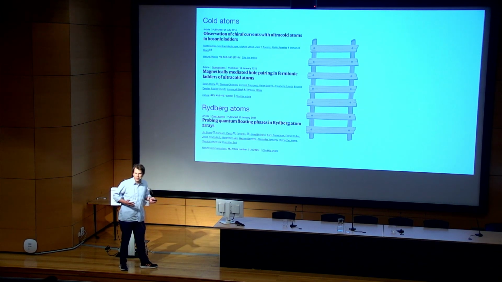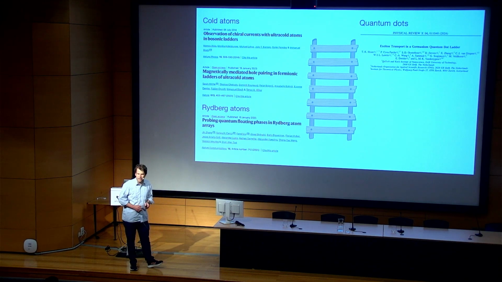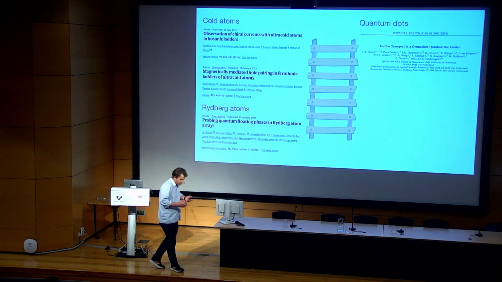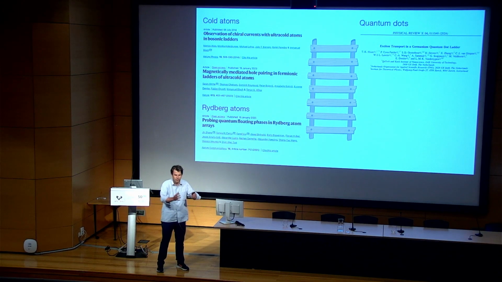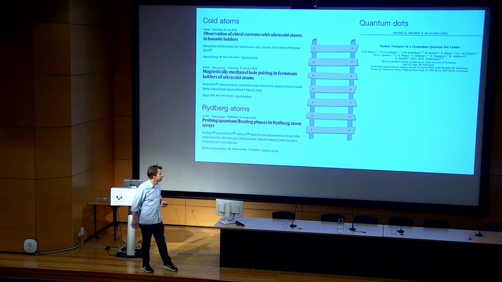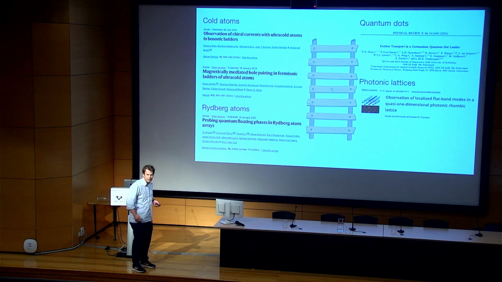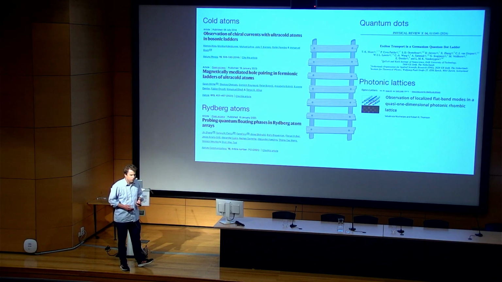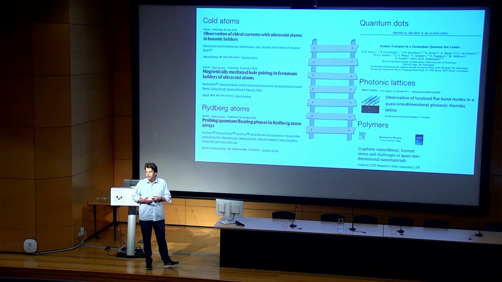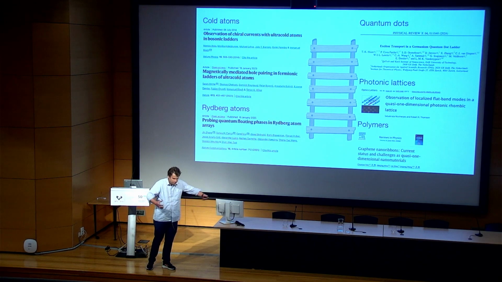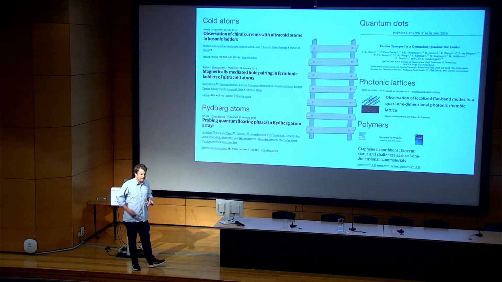Then there are also experiments with electrons where ladders play a role. In Delft they have quantum dots which are arranged in ladder geometries, essentially because the systems are small, and so ladders are like the easiest way to get something which is a little bit beyond 1D. There are also optical photonic lattices with ladder structures. And let me finally also mention, last but not least, molecules, polymers like graphene nanoribbons, which have an elongated structure in one dimension and are very compact in the other. So in a sense they are also ladder-like systems.